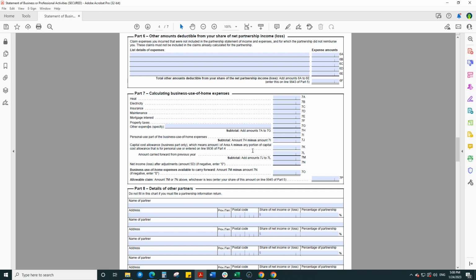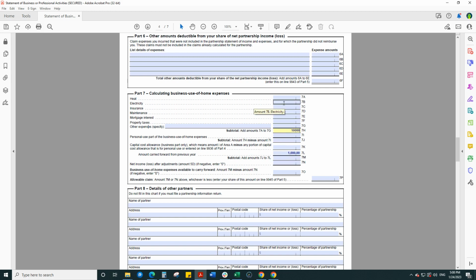One side note, you can't use a home office to create a loss or increase a loss. So if you had a loss last year and you had a home office expense, it's good to still claim it. It's just going to get carried forward. So if you were running at a loss last year, but you had the $1,000 from last year, maybe you've got $1,000 to carry forward, and that gets added to,